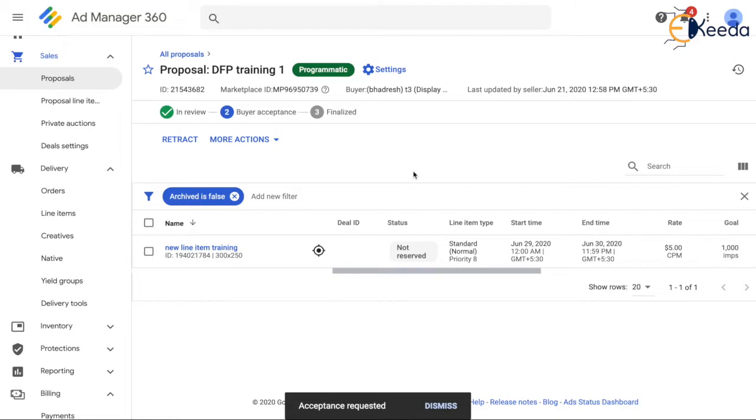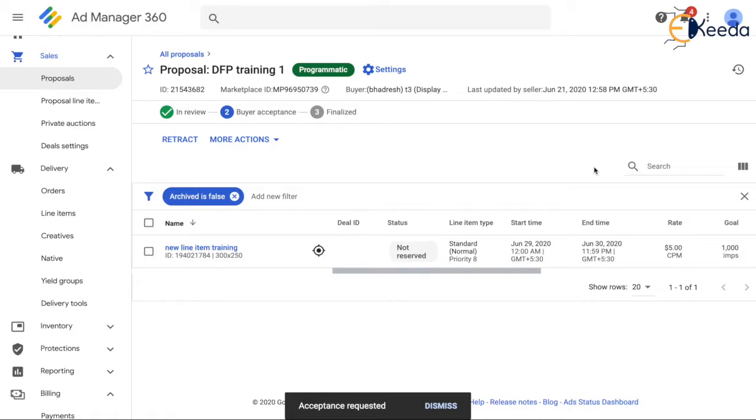Because delivery happens only through the delivery tab. Once it is sold and the line item hits the start date, the line item starts serving on the web page or the mobile application.